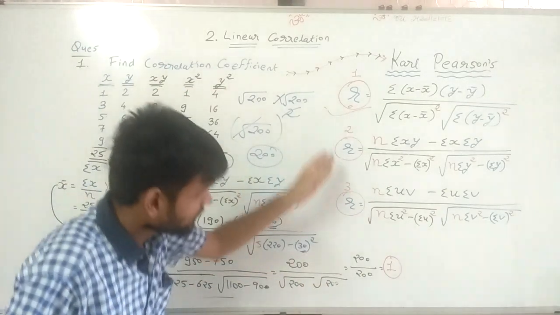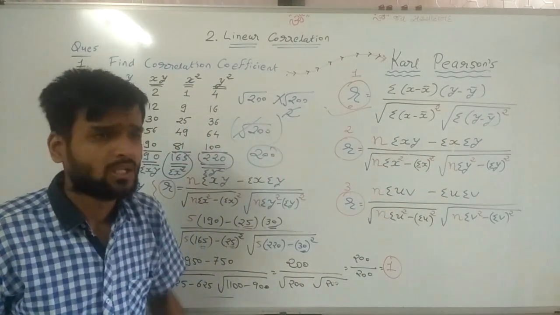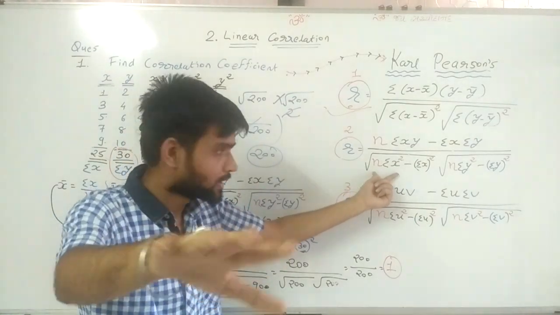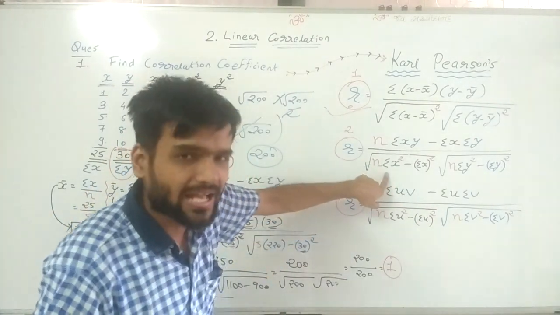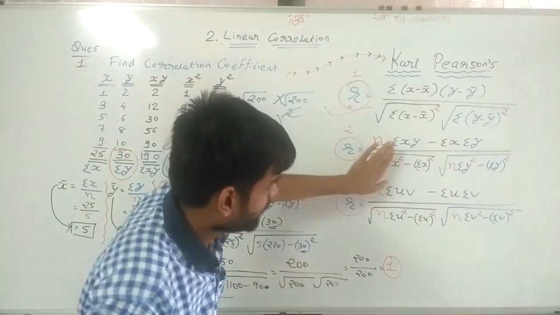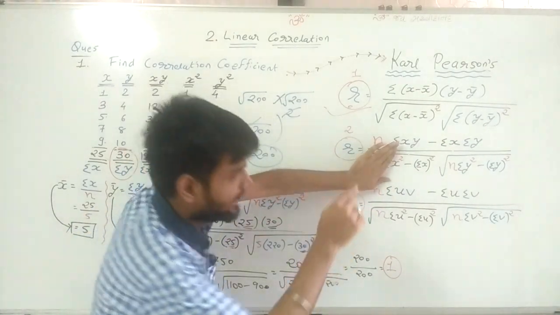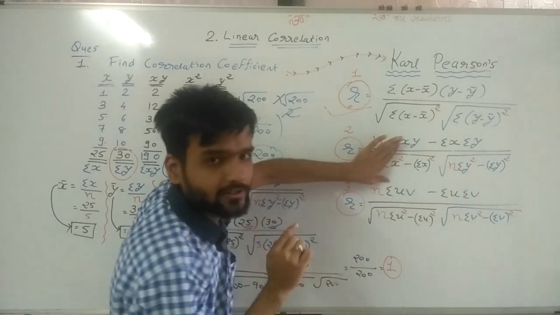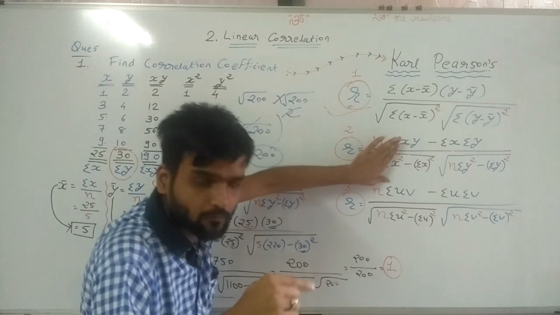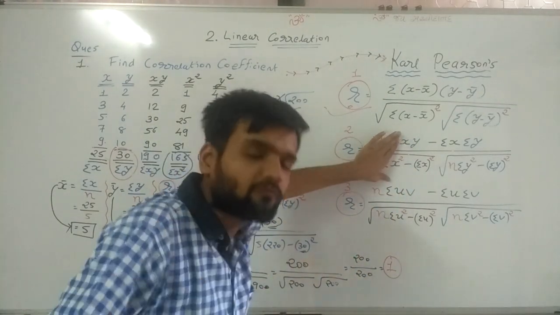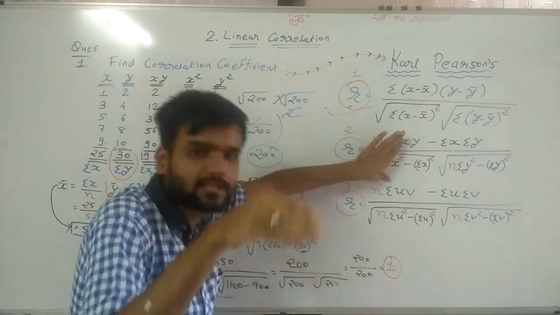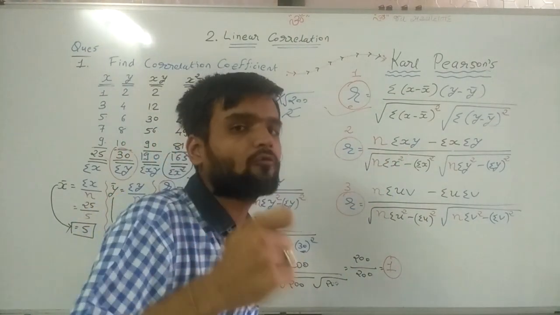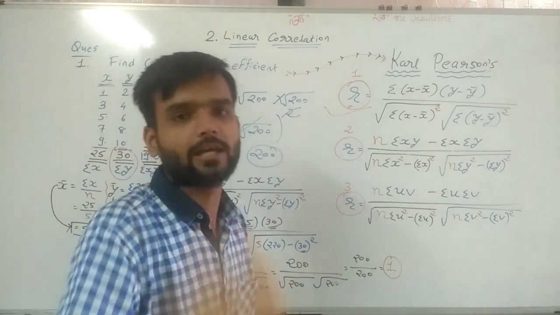Now, see. First, under root. So, under root n sigma x square. So, n you know is 5. Now, see sigma x square. So, first eliminate sigma and check what we need. X square. First find x square, then we are finding the total of x square. Then it is denoted by sigma x square. So first of all we need x square.